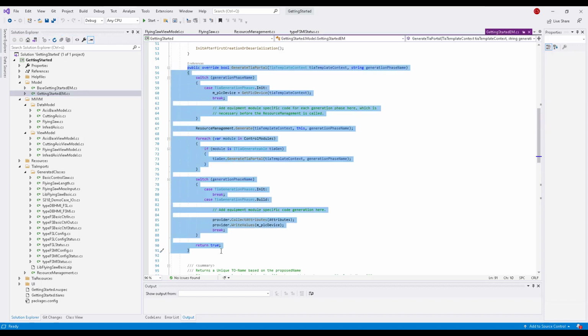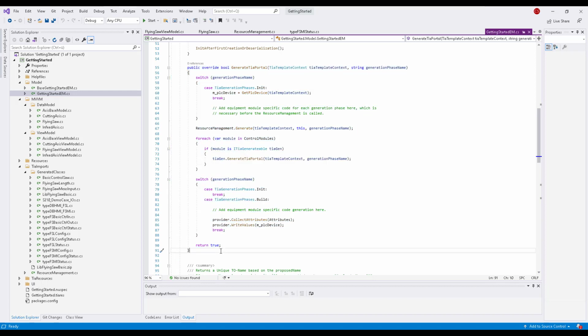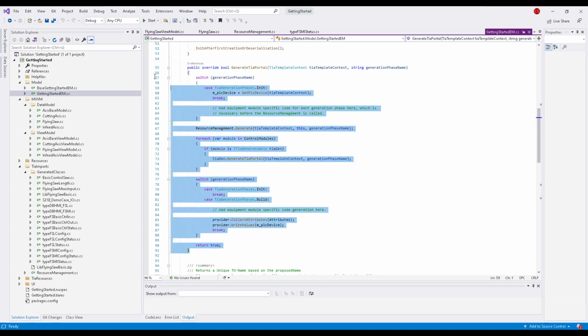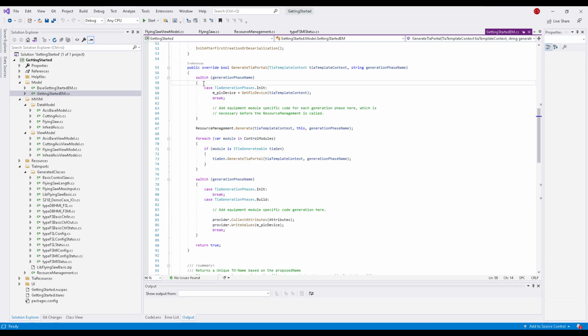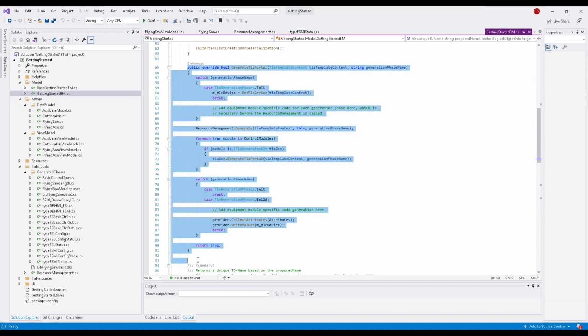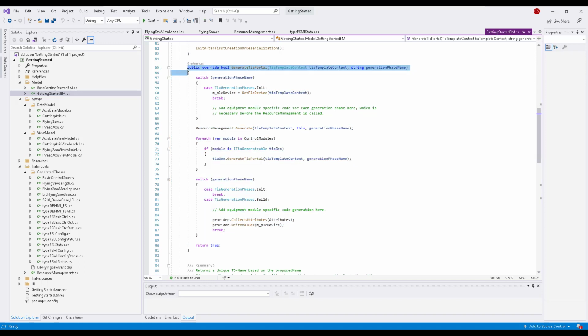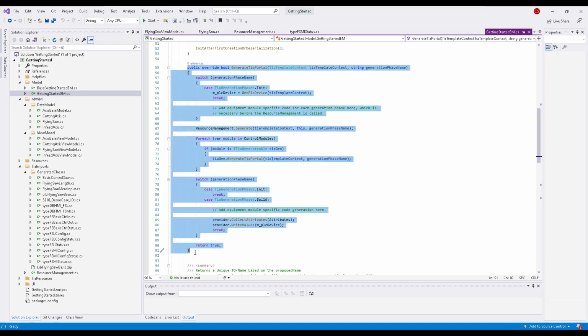This GenerateTiaPortal function, I would like to introduce to you in the next few minutes. It is always created automatically when you create a new module. So with the steps that we showed in the first part, when you use the module builder to create a new module, you will always get such a function. And do not be misled into thinking that it is useless just because it says here it has 0 references. It is being used, and this is the basic point where you can